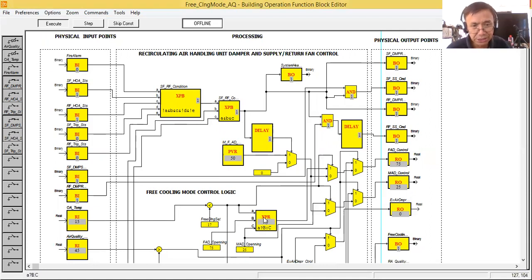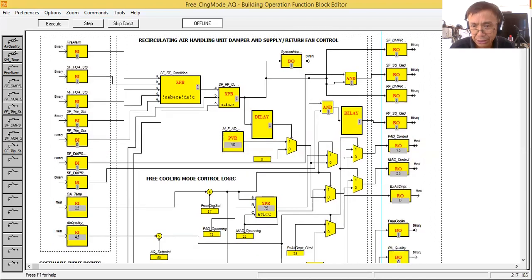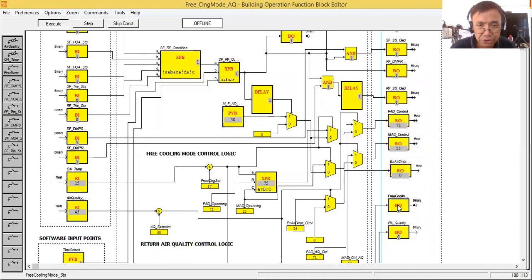As you can see here, my pre-cooling mode is 1, meaning pre-cooling mode is available. Now what is the response of the fresh air damper and mixed air damper? 75 and 25. So I'm allowing more fresh air to be delivered and mixed with 25% return air. So again, I have 100%.